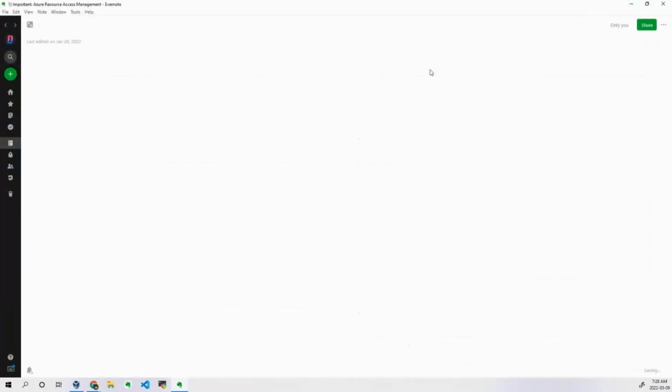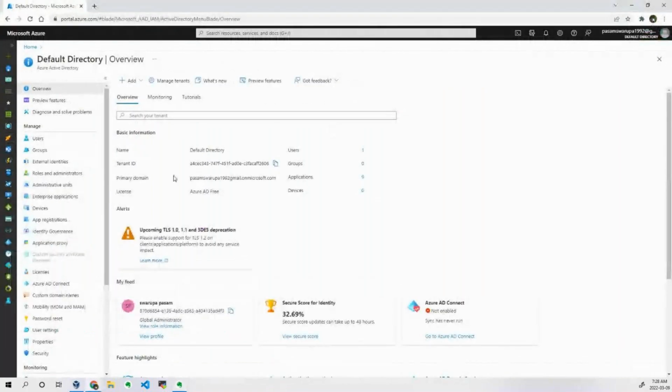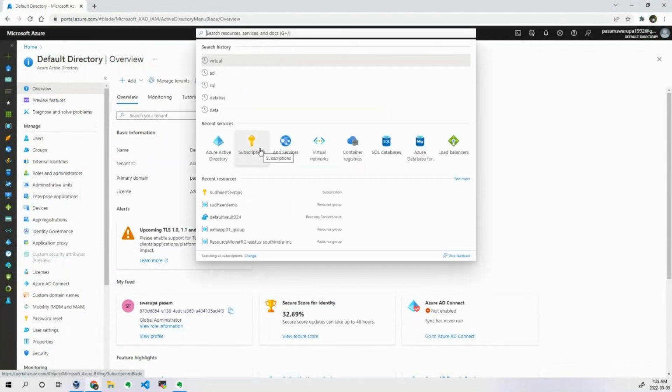After learning that Azure Active Directory is for authentication and authorization, we have to understand the important concept of Azure Resource Access Manager. There are some technical terms we have to understand: what are users, groups, what is a subscription, what are resource groups.